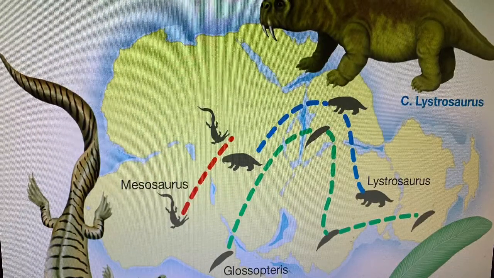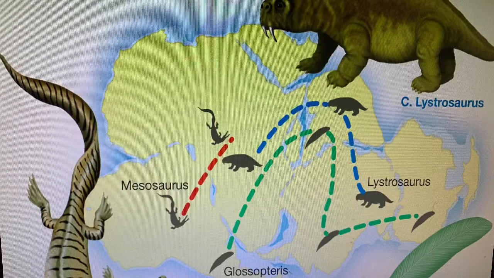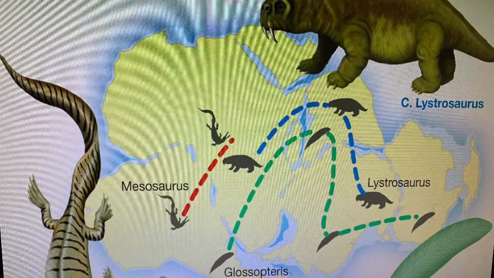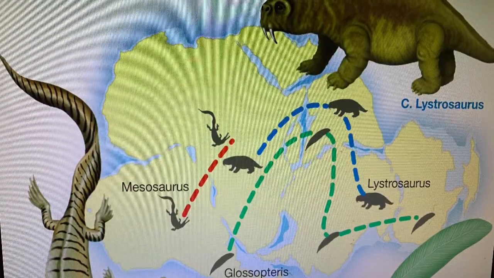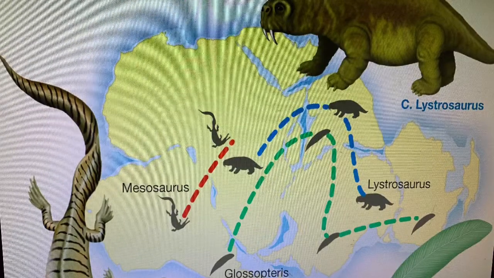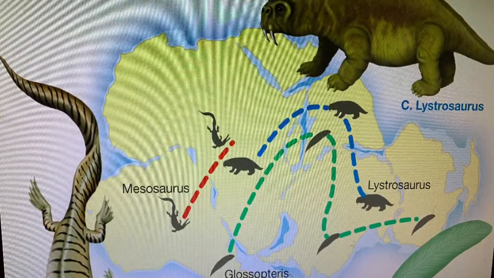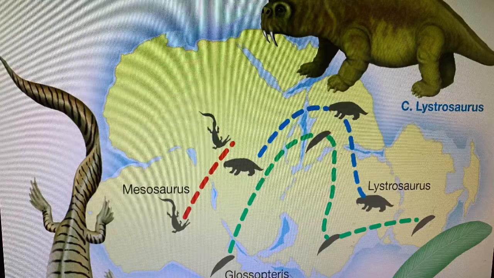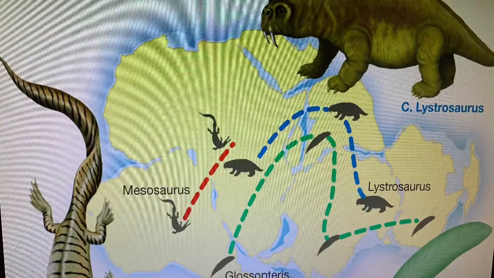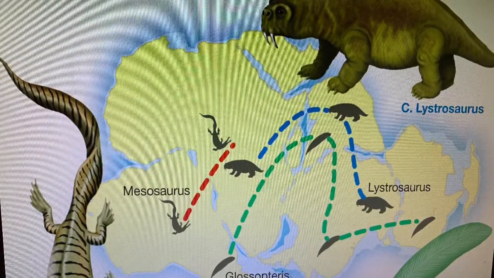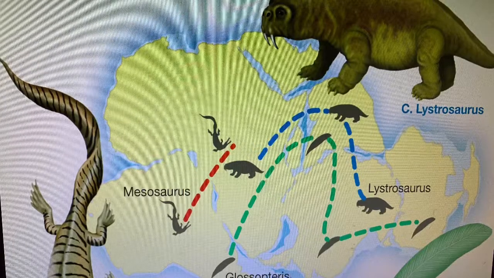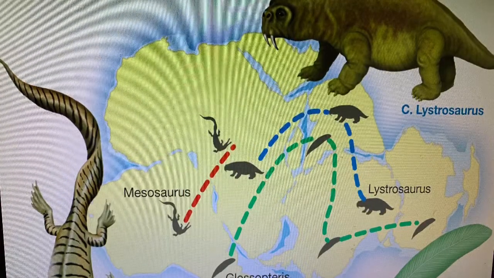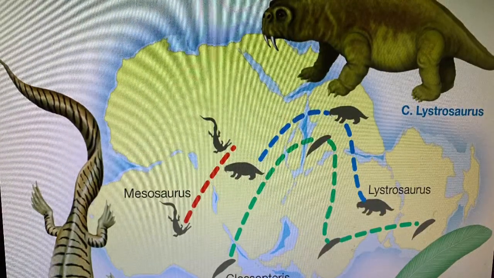Now, look at them. Do they look like they moved fast? You're not talking huge migrating herds. Plus, think about the distances. Africa to India, there's a connection through the Middle East. You could say maybe the creatures traveled that way. But how the heck did they get to Antarctica? How did a lizard live in Antarctica? Finding a fossil of a creature like this in those three very distinct places,